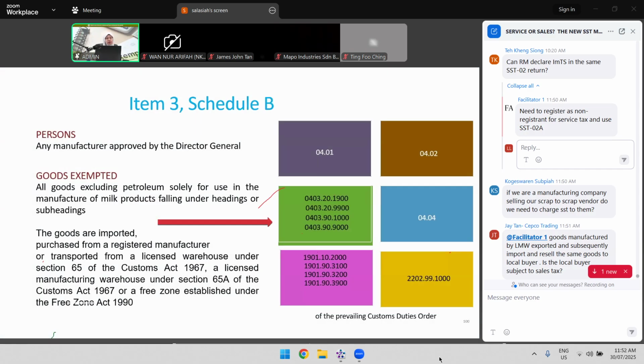Okay, next we look at item number 3 of Schedule B. It is an exemption given also to any manufacturer approved by the DG, and the goods given exemption are the same as 1 and 2. That is all goods excluding petroleum,